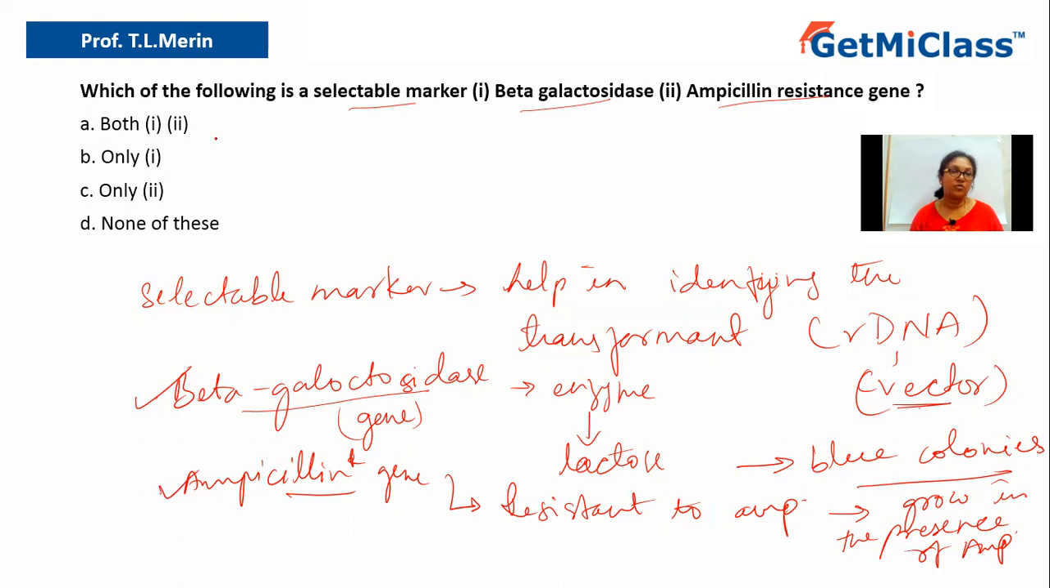So option A says both 1 and 2. That is the perfect answer. Whereas option B says only 1, it is ruled out. Only 2 is ruled out. None of these is again ruled out, because we have both, that is beta galactosidase and ampicillin resistant gene. Both are selectable markers. So let us conclude the answer. The answer is